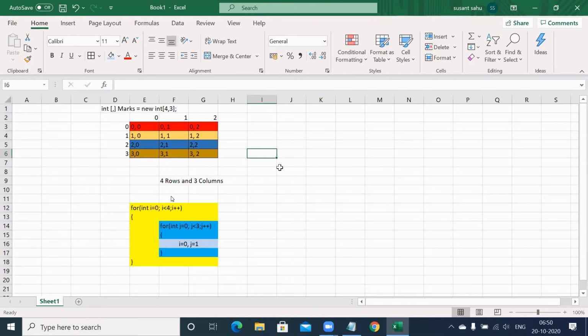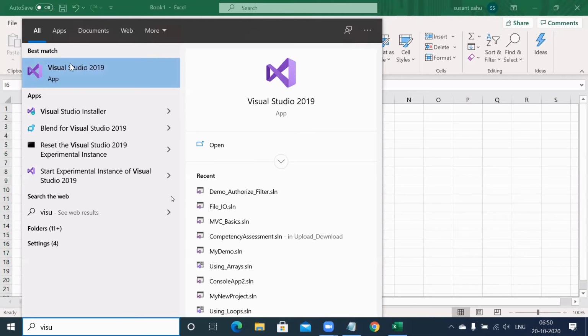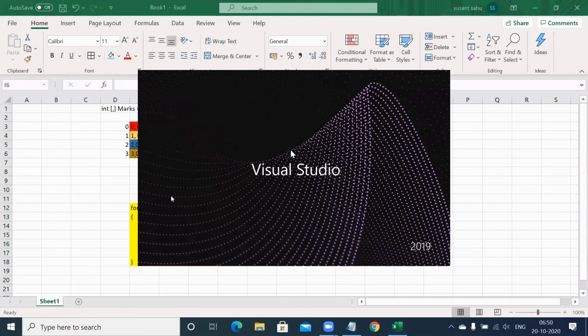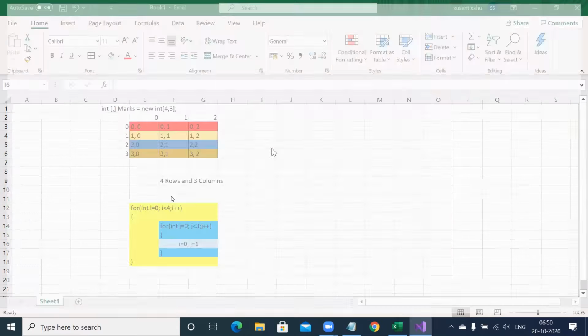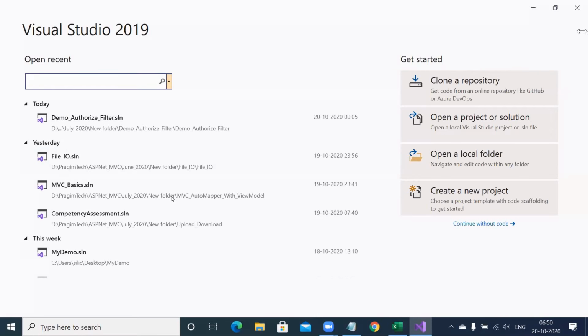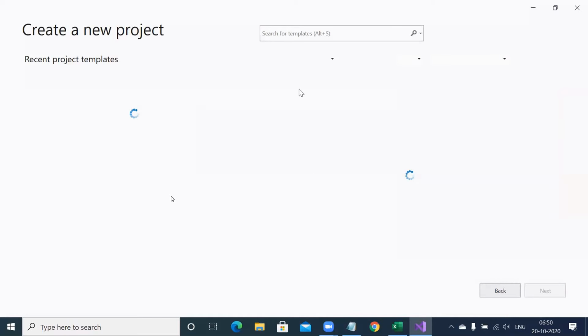Then display those 12 data. How to do that? So declare a two-dimensional array, accept values into the two-dimensional array, display values from the two-dimensional array. This is what the first level will be. So let's create a new project.